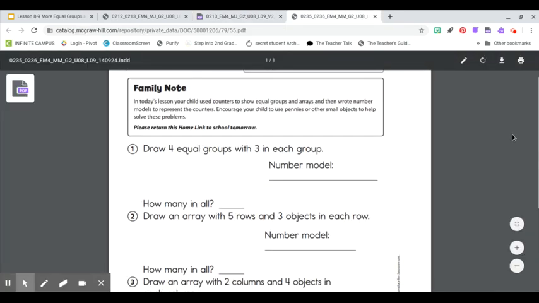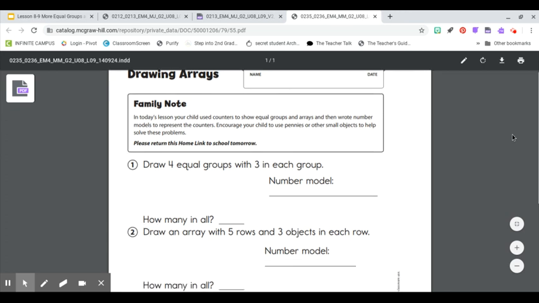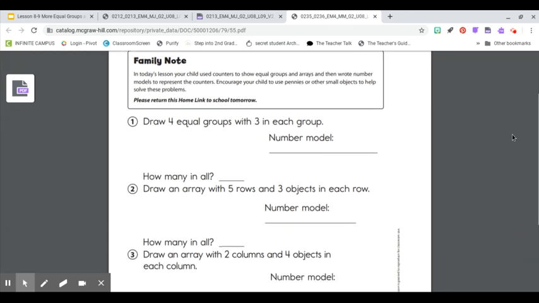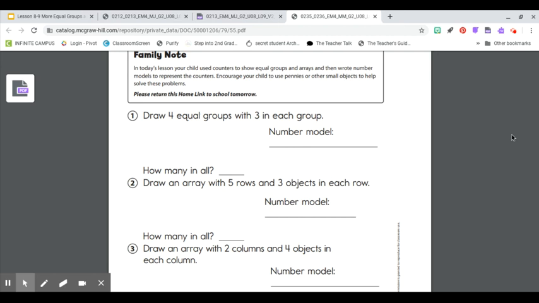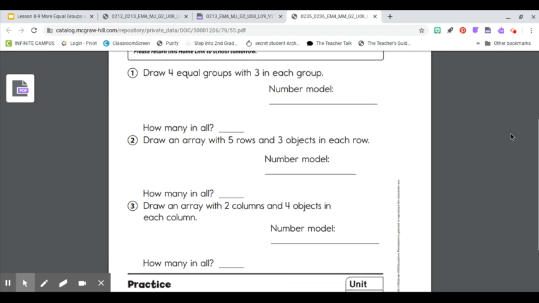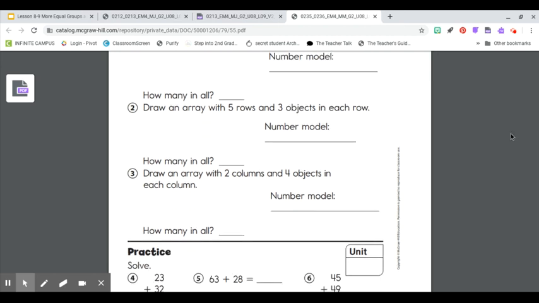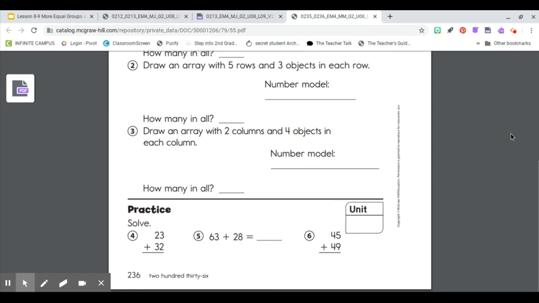And then for your home links page, you're doing pretty much the same thing we worked on. You're going to just draw some arrays and some equal groups and write number models for those. And then at the bottom, you're just practicing some addition number sentences. And don't forget to put a unit. Remember, a unit is going to be like a noun, a person, place, or thing, like dogs, muffins, something like